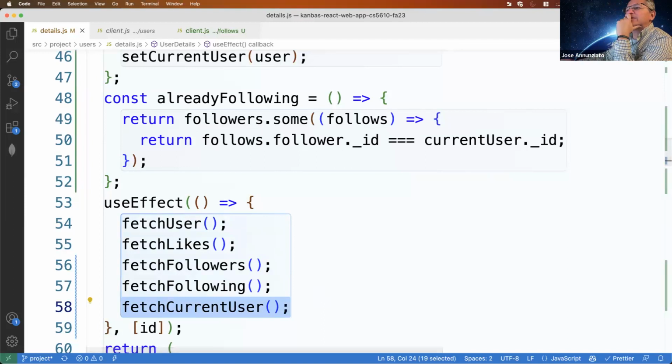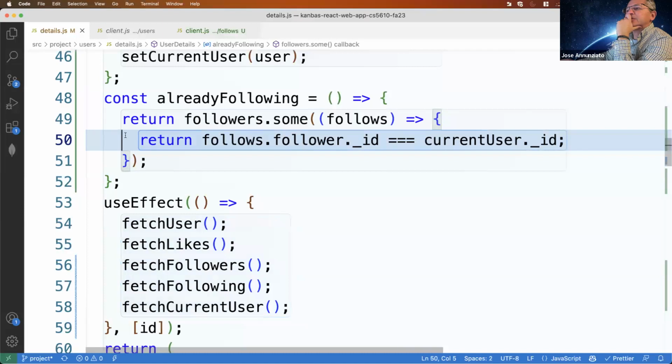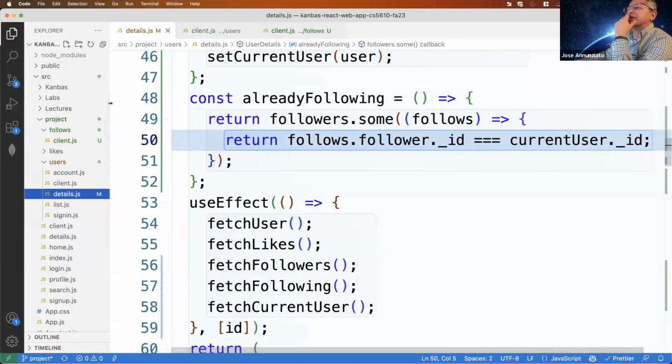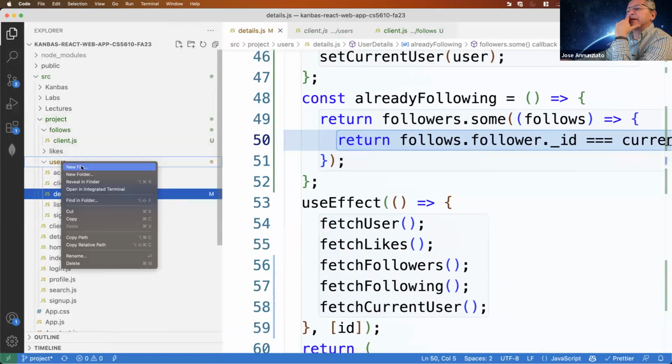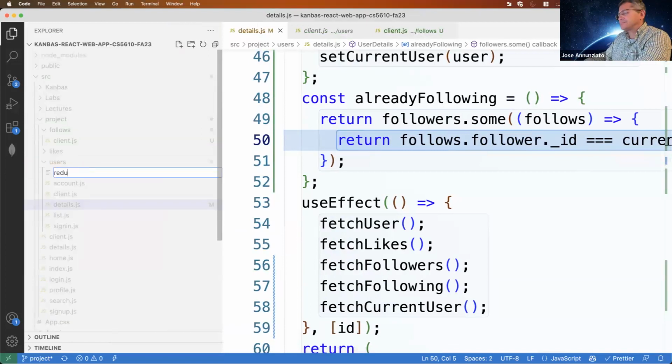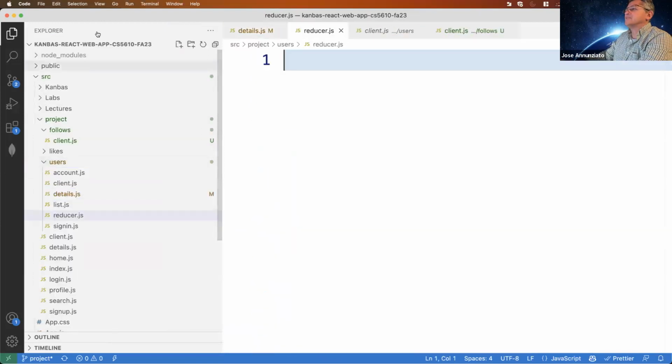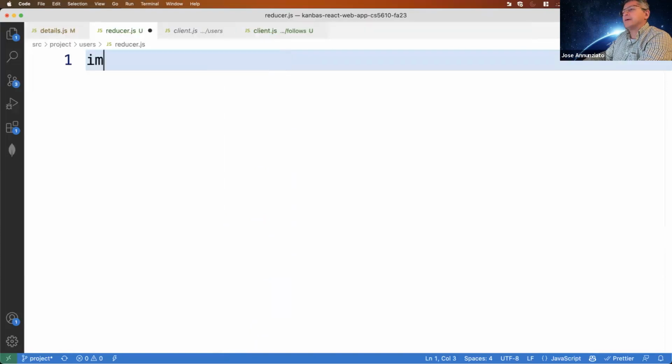Well, one way to do that, right, is to have a reducer, right, that keeps track of the current user, right? So for instance, we could, here in the users in the project, right, have a reducer, right, that keeps track, right, of the current user state variable.